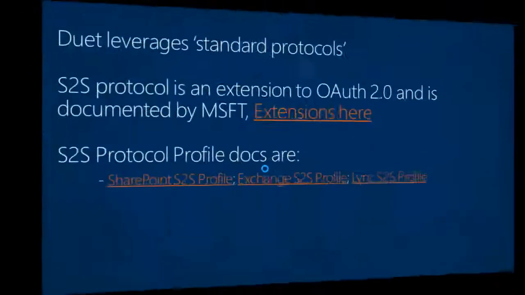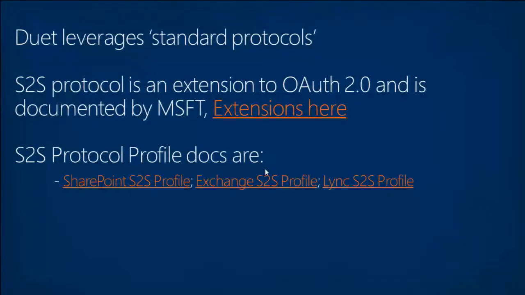And just as I talked about in the first part, this is all based on the S2S protocols of the identity platform. It's an extension to OAuth 2.0. We couldn't use OAuth out of the box because the specification isn't fully there. There's a bunch of things that are not finalized. And so what we did was we went with what we call an OAuth 2.0-like authentication scheme. We've documented it fully, and these are links that basically point to MSDN articles that document the schema itself.